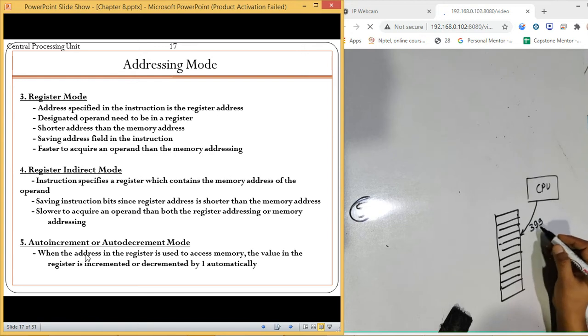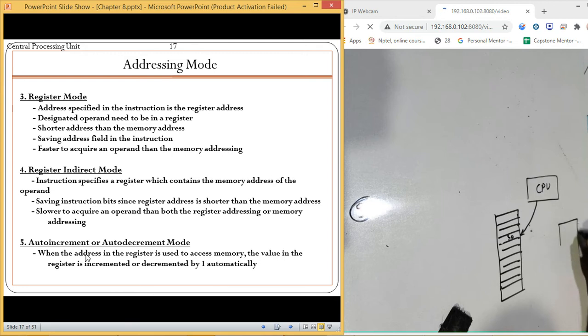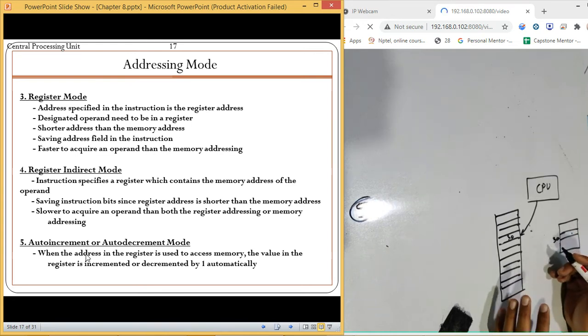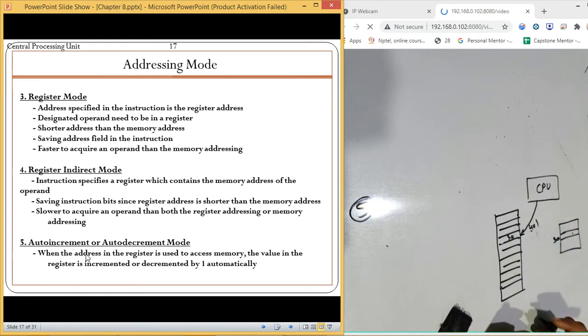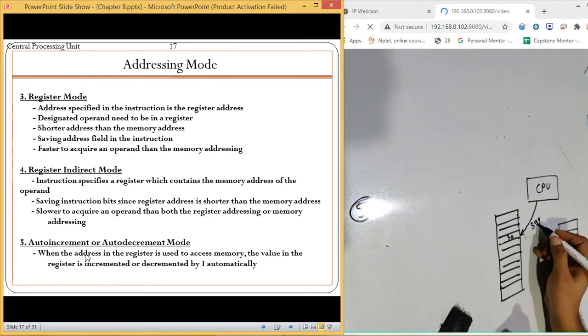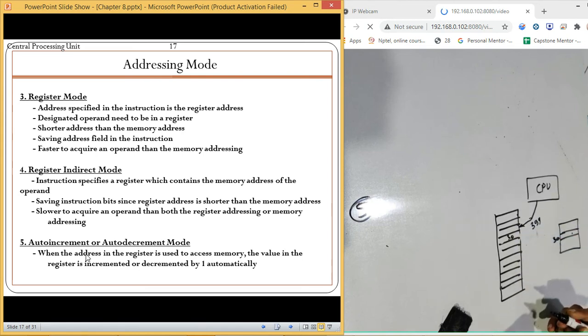So if it is 400, and at this 400 the address value is given as 30, then it will move to this 30th location and get the content. This was what we have. Then after this, if it was 400 and auto increment, next time it will be 401. If it is auto decrement, next time when you try to access, this value will automatically become 399. So it is not going to access it from here, it is going to access it from this place. So this is auto increment and auto decrement. We will get this once we do the example, and you will be able to understand it properly.